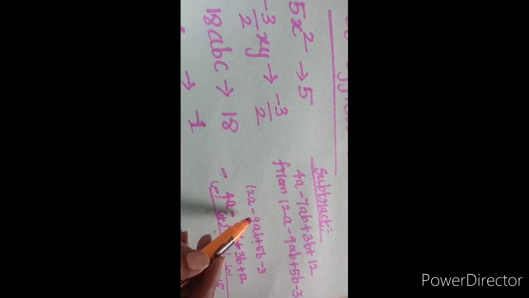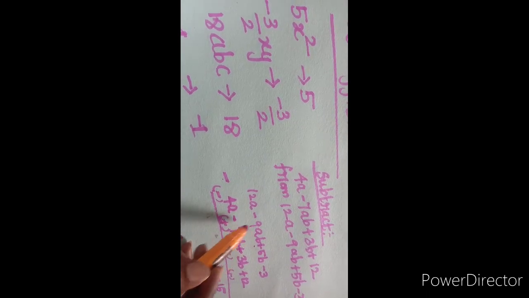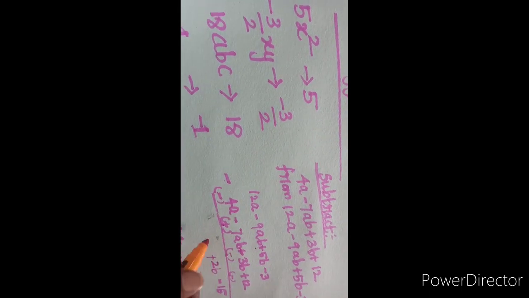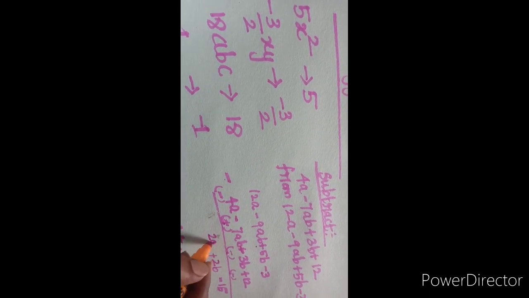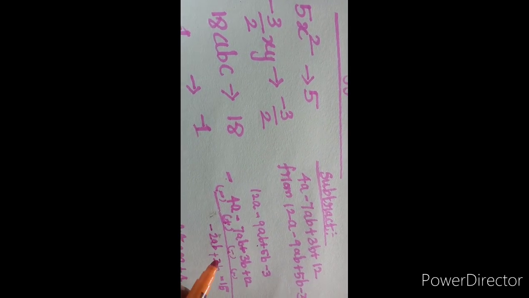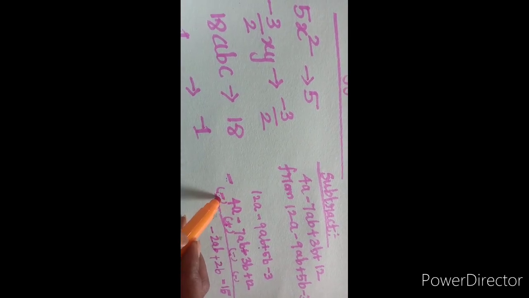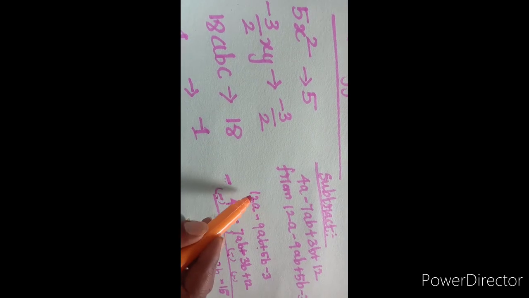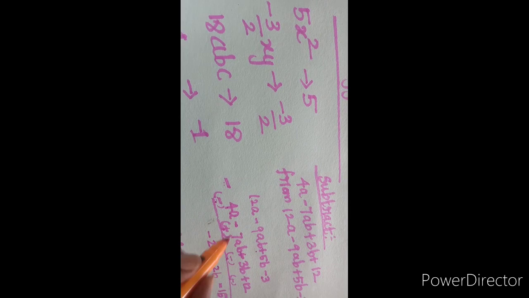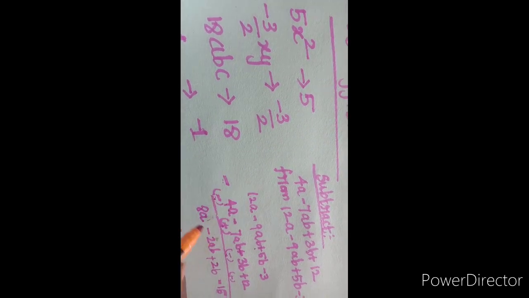Here minus 9ab plus 7ab. So the symbols are different, alternate symbols. You have to subtract it. 9 minus 7, 2ab. The bigger number symbol is minus. Again here minus, we changed the symbol here, minus 4a plus 12a. So the symbols are different, you have to subtract it. 12 minus 4, 8a. The bigger number symbol is plus.